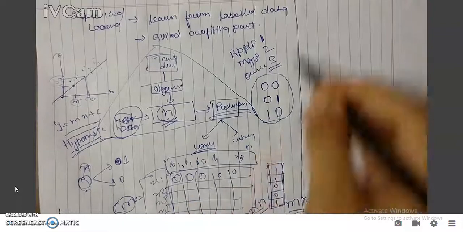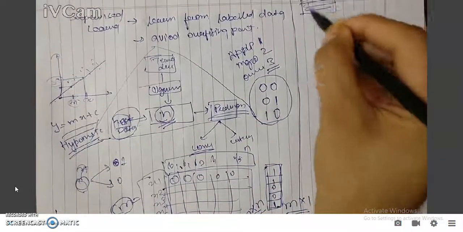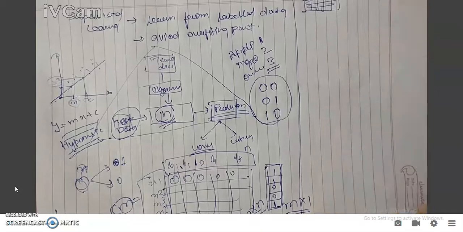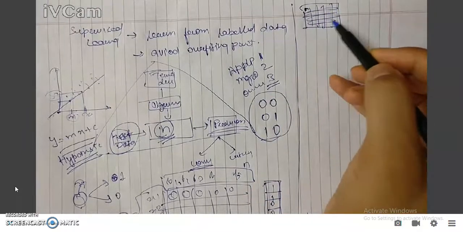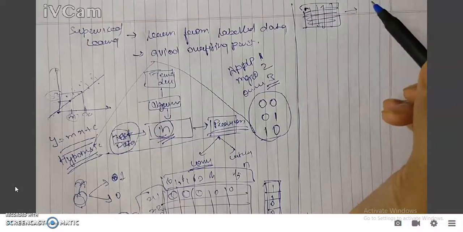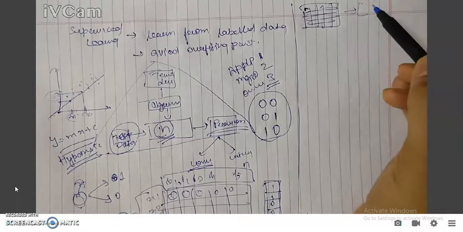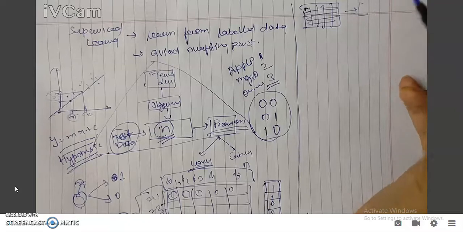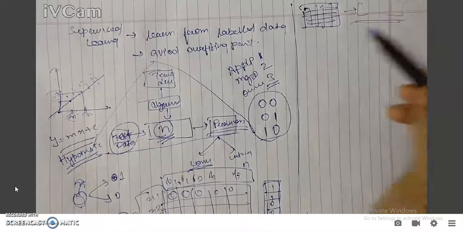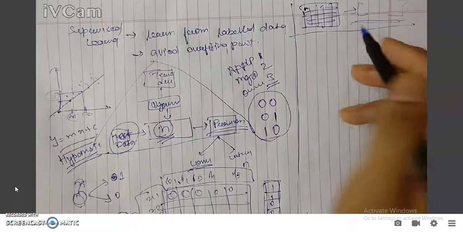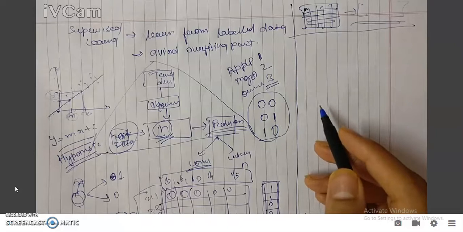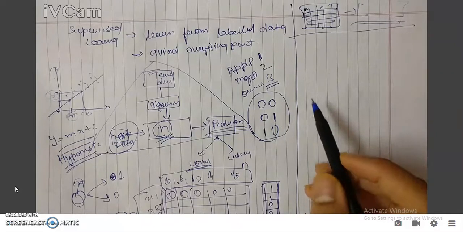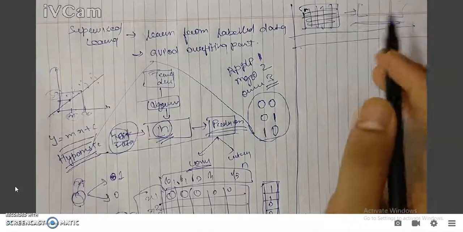So it can be used in image classification also. Suppose here's the image, right? An image is comprised of pixel values. I have the values for each pixel, and getting the information about those pixels, I'm able to say whether this is an image of a dog, cat, or anything which was earlier fed in the training data. For text, we can say whether the email is spam or not spam, by extracting the features out of the text and representing it in that format, right? So this is all about supervised learning.